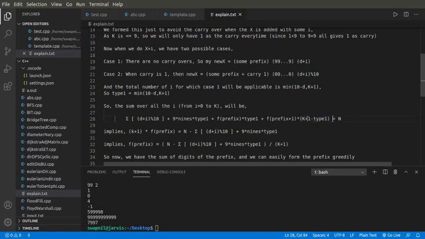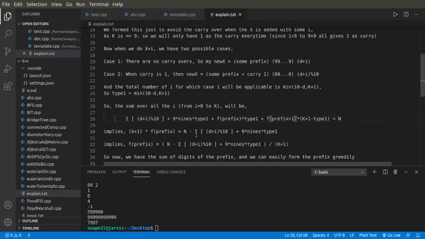The total number of cases is k plus 1, so my number of case 2's will be k plus 1 minus type 1. Now f of prefix plus 1 is the sum of digits of prefix plus 1, so it will obviously be f of prefix plus 1, right? So f of prefix into k plus 1 minus f of prefix into type 1, which will get cancelled with this one, and we will be